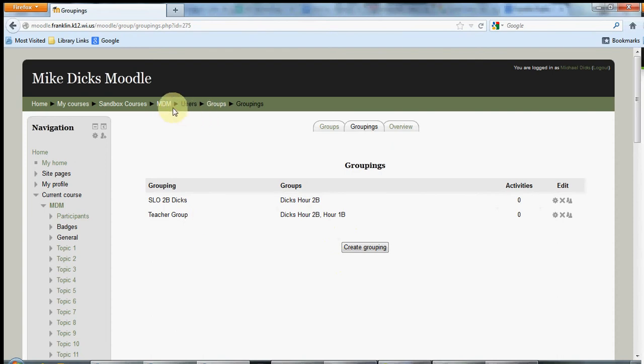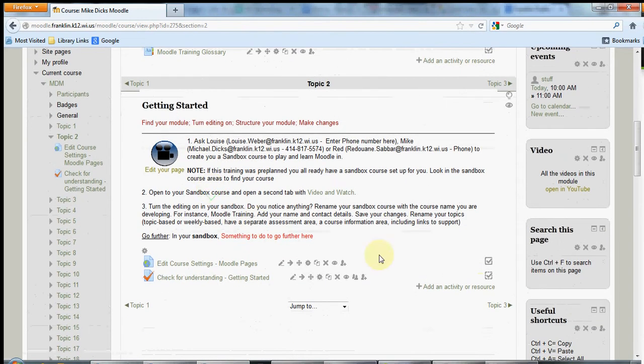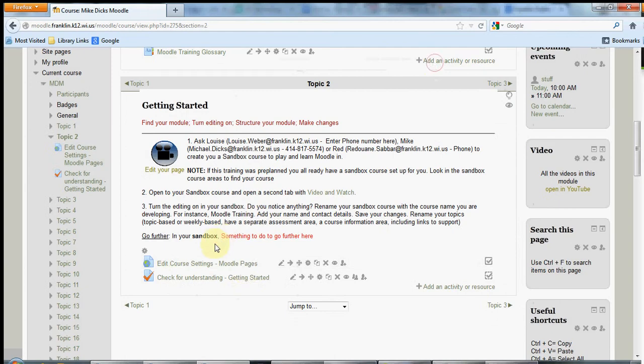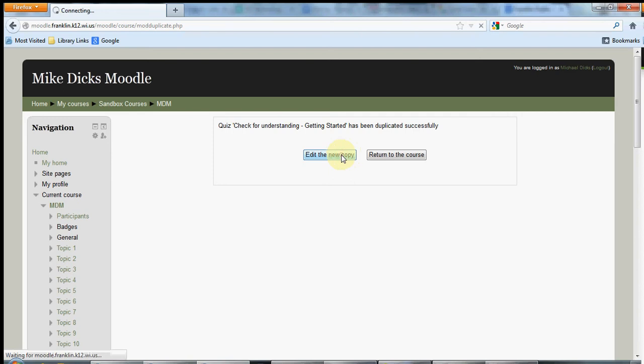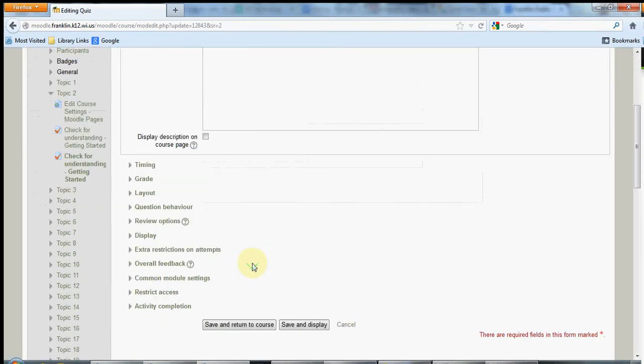If I go back to my Moodle homepage and I go to one of the sections and I create an assignment or an activity, and in this case what I'll do is I'll duplicate this quiz here, I'm going to edit the new copy of this quiz that I duplicated, and under the groups area